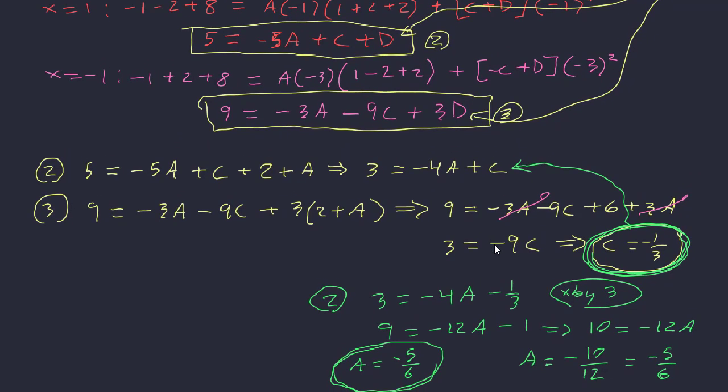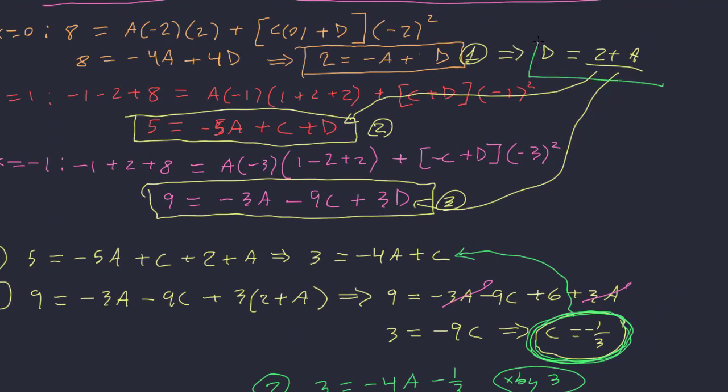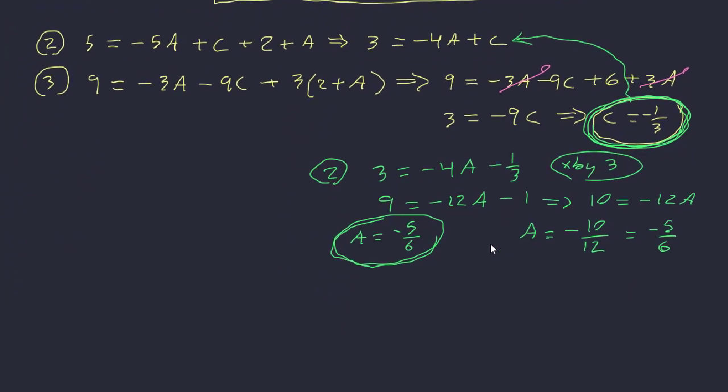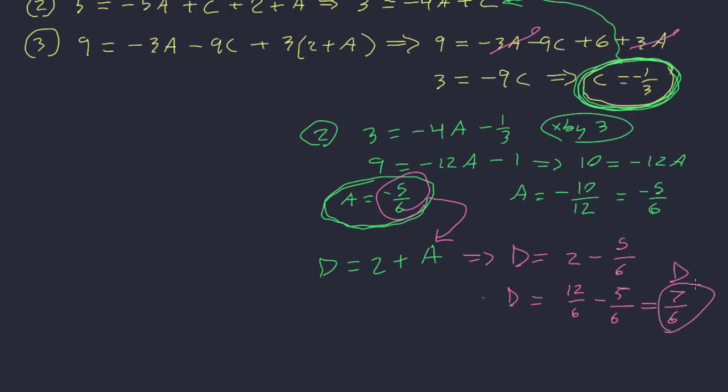And we're almost done. Now I'm going to go back to here because d is 2 plus a. Okay, so d is 2 plus a, and now I can take this value and plug it into my a. So d is equal to 2 minus 2 sixths, and here 2 is, no, what am I doing? That's 5 sixths. Sorry about that, 5 sixths. So we get 12 sixths minus 5 sixths, and that will be, what, 7 sixths is our d. Okay, so hopefully